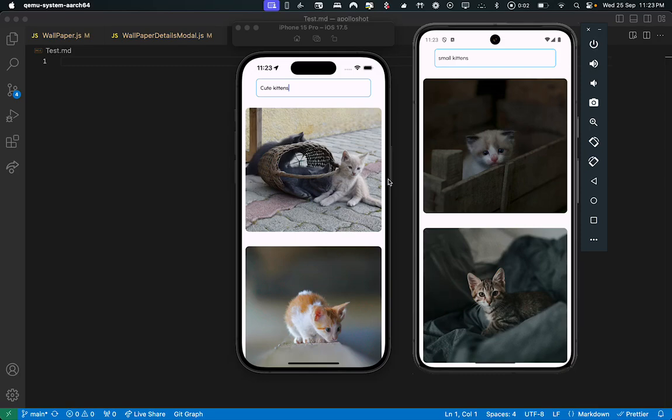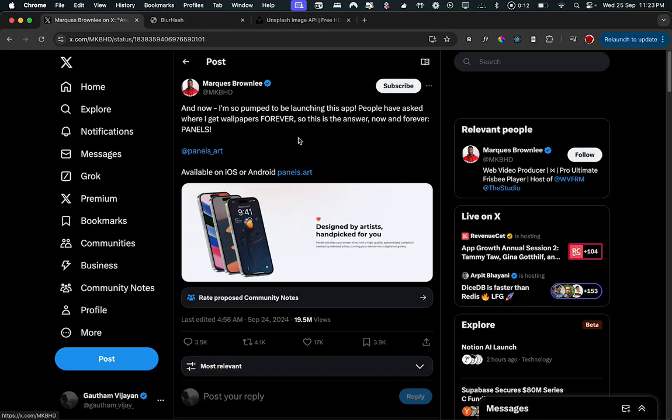Hi guys, in this video I am going to explain how you can create a proper wallpaper app in React Native with help of Unsplash API. So recently MKBHD launched an app called Panels where you can download wallpapers in the app for $50 per year,